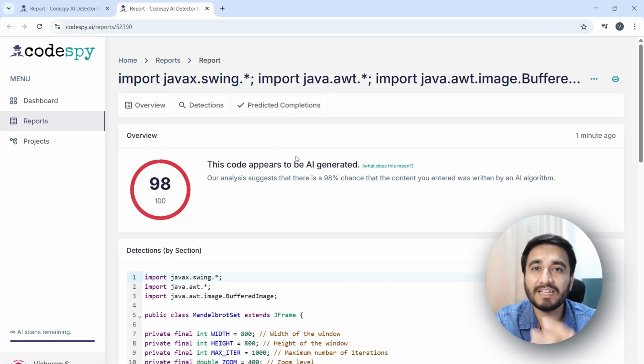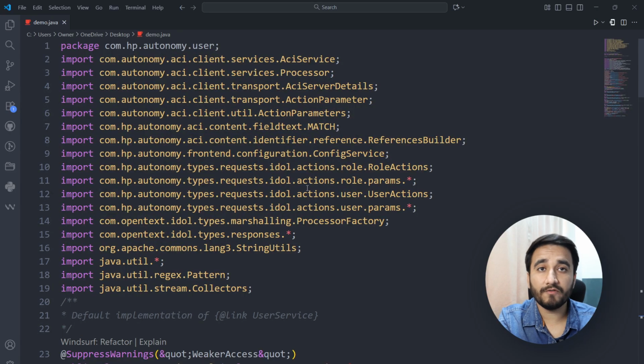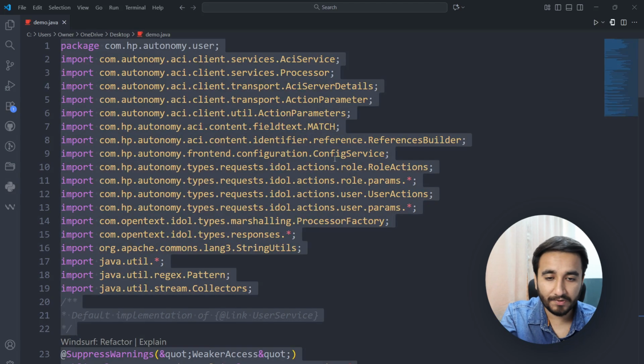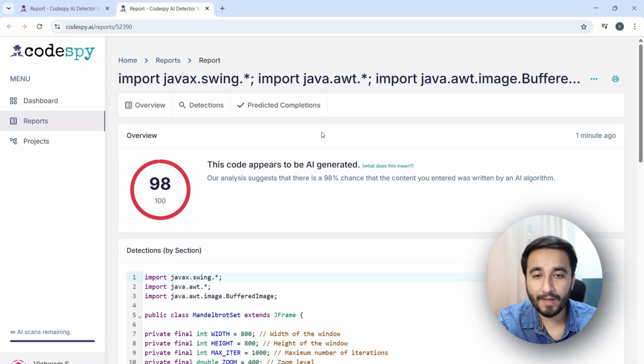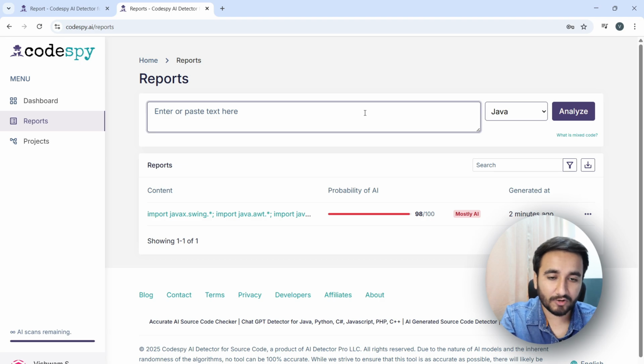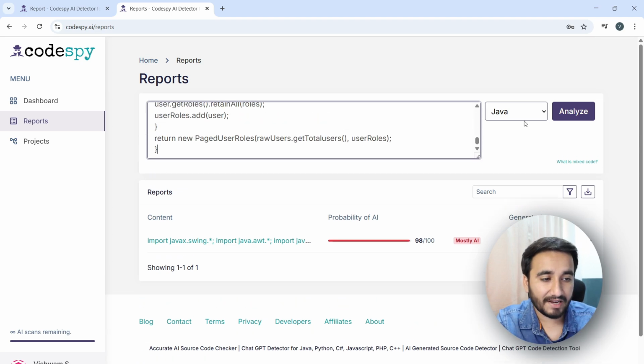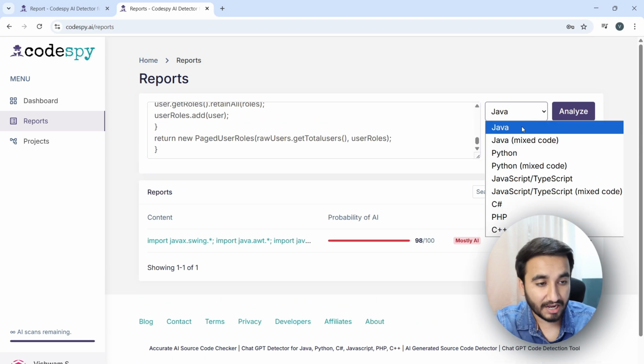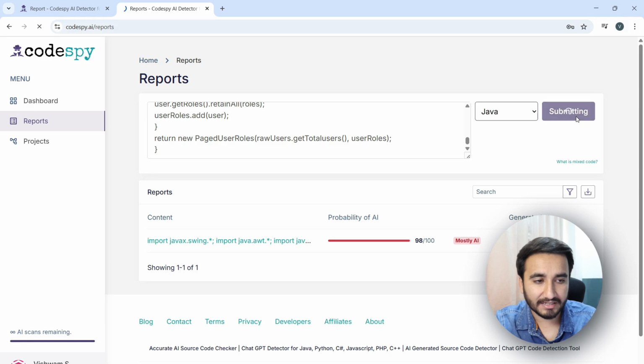And I have one more code which I can test here also. Let me show you. This is another piece of code which I found, and I don't know whether it is AI-generated or human. So let me check again. I copy this whole code, go back to my CodeSpy dashboard, start a new AI scan, paste this whole code and select my language, which is Java, and I enter analyze here.